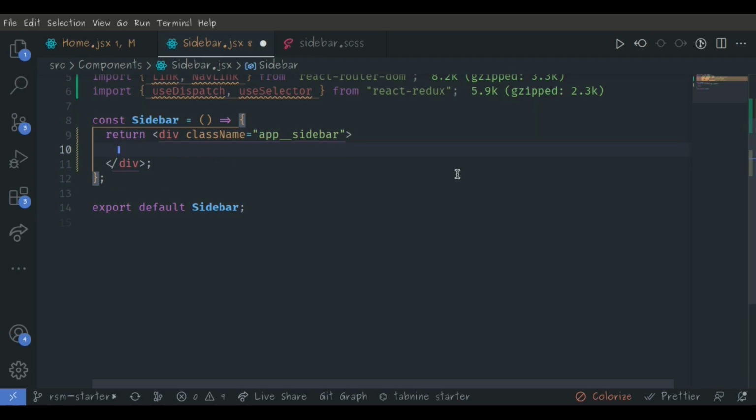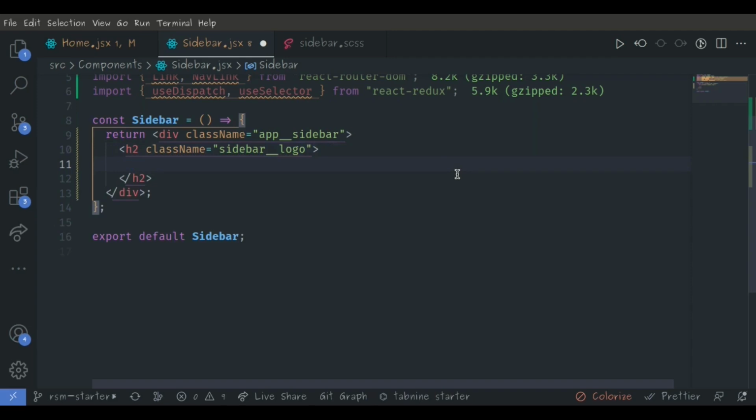The first guy we're going to have here is going to be an h2, which is going to have an attribute of className, and this attribute is going to be called sidebar_logo, which is going to have a Link, let me wrap it, a link to the home, and is going to have a content which is just going to say code media, like that. I'm going to go out of it,